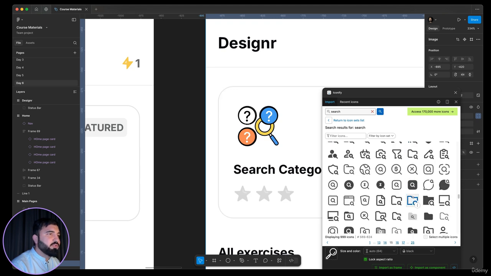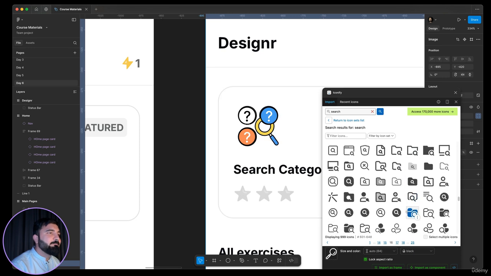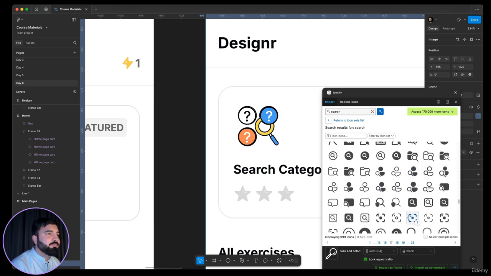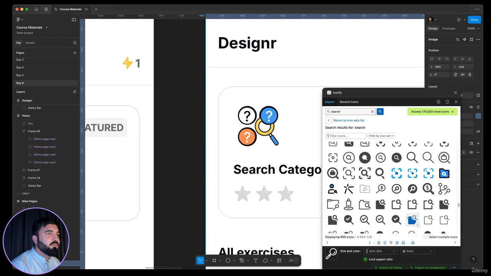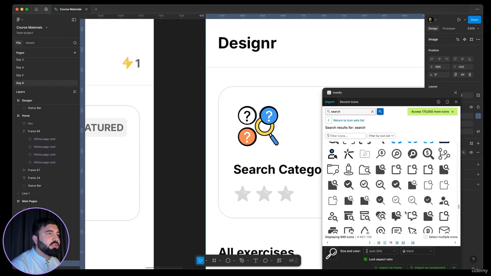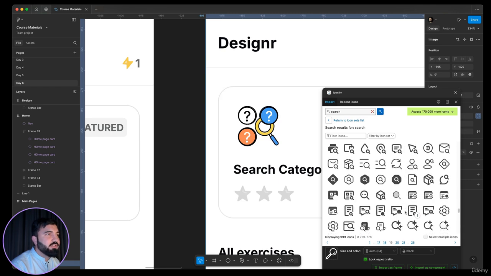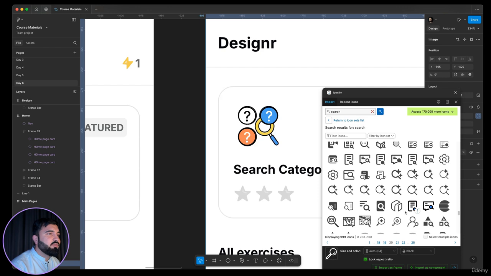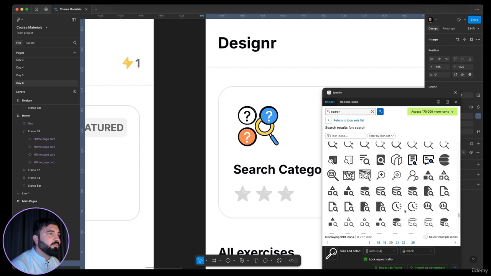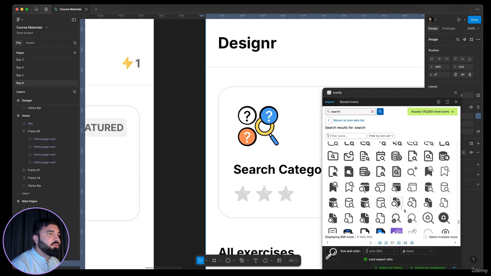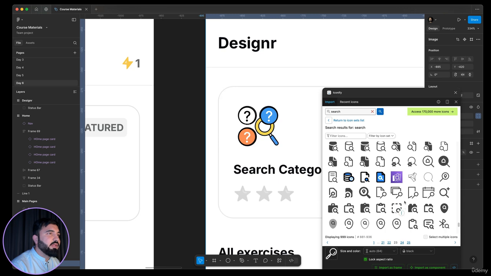Why don't we use another icon? Let's use another icon. If we didn't find it easily, we might try another icon. Okay, and I hope it will not ruin the design. So